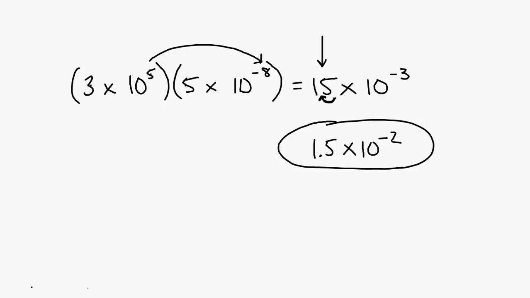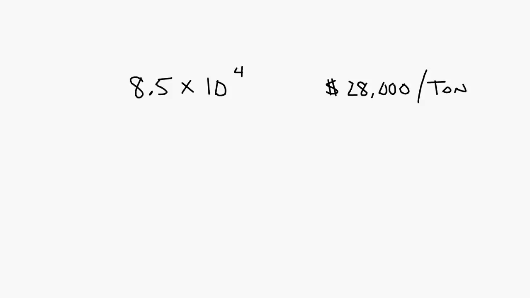Okay, and then the last problem is a word problem where it says that a large trucking company delivered some, let's see, 8.5 times 10 to the 4th power tons of goods with an average value of 28,000 per ton. What was the total value of goods delivered? Write your answer in scientific notation. So if a company delivered this amount of tons of food with this value per ton,